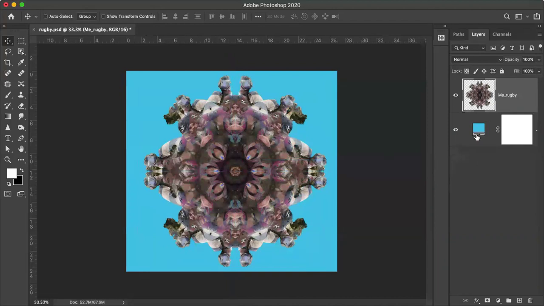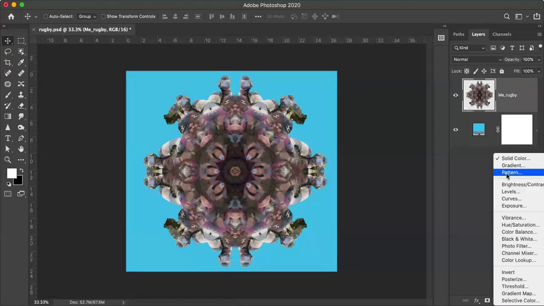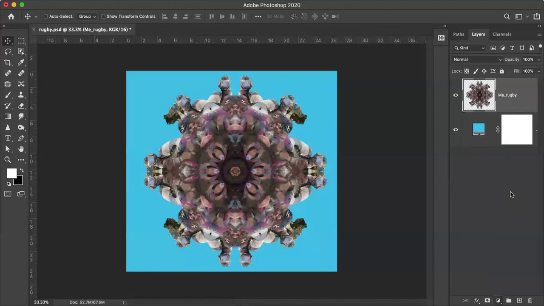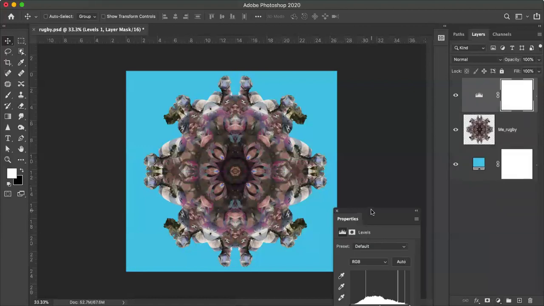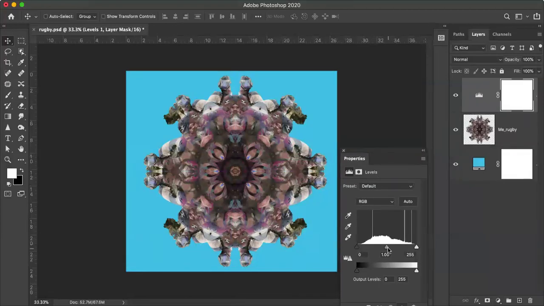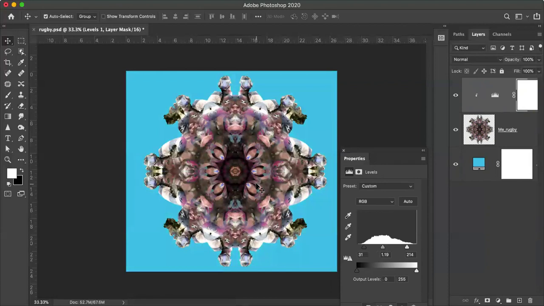And of course, you've got all those options now where you can go in and play around with levels, curves. And start to brighten this up a bit, all the midtones in, all the darks up, brighten the whites. Flip it with the Option key so it doesn't cover the blue underneath. And let's go in and have a